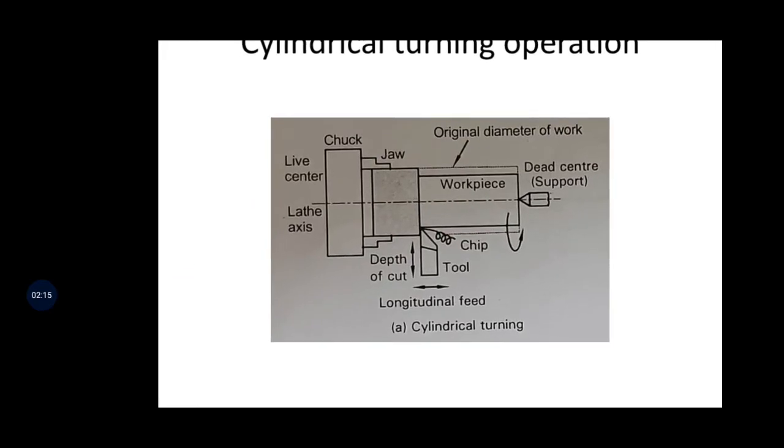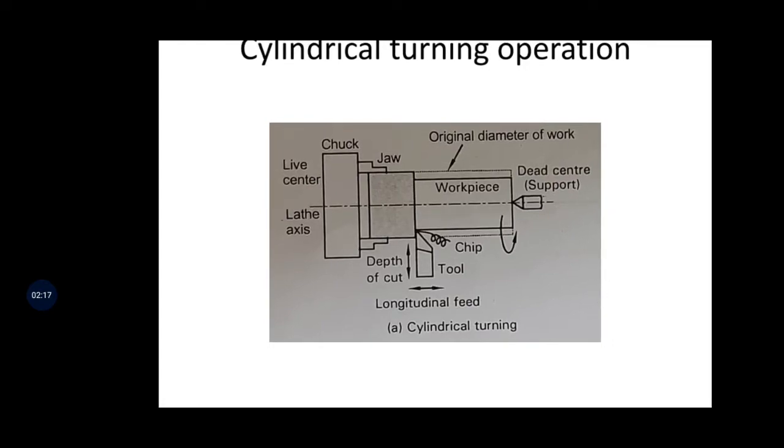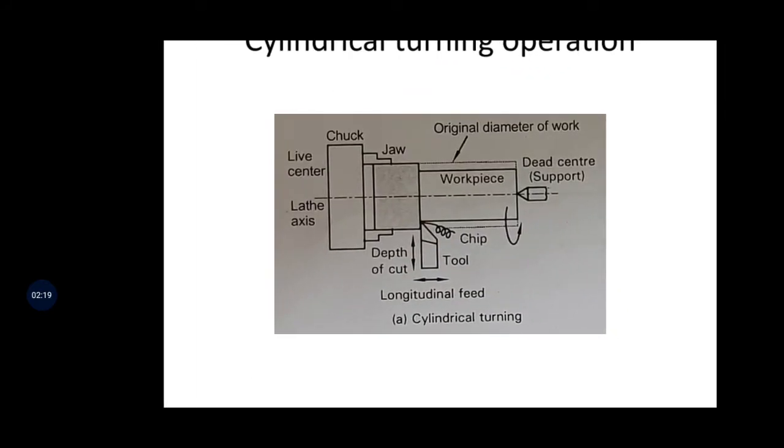The other end of this workpiece, you have to support with the tailstock support. A dead center support is required here. So both ends of the workpiece are supported, and between the two ends the workpiece will start rotating. One end is in the 3-jaw chuck and the other end is with the tailstock support, so it is firmly fitted. And the single point cutting tool, I told you where we have to fit it, we have to fix in the tool post.